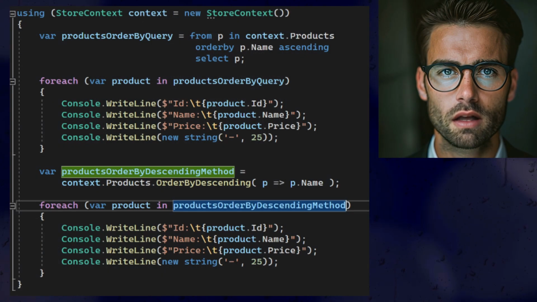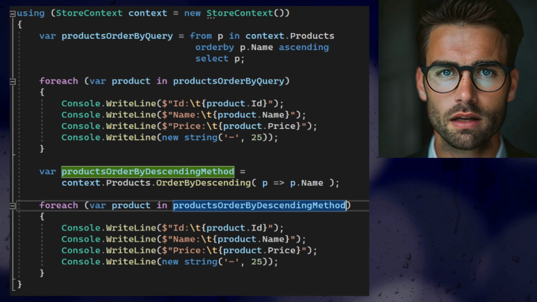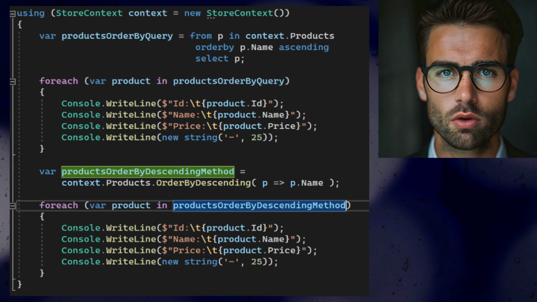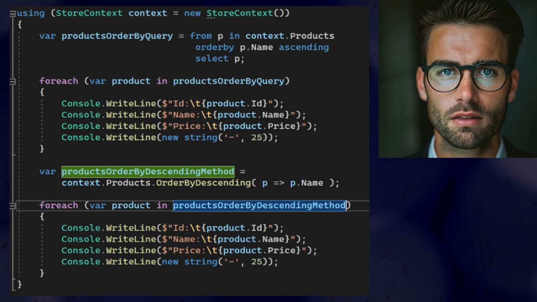Sorting data is a fundamental operation in querying. LINQ provides the OrderBy and OrderByDescending methods to sort query results in ascending or descending order. As shown here, you can use these methods in both method syntax and query syntax to get the sorted list